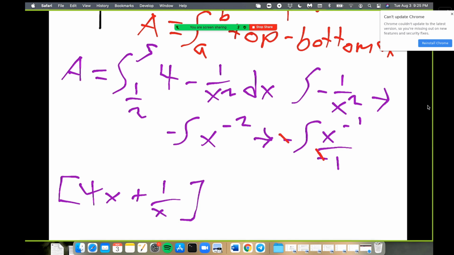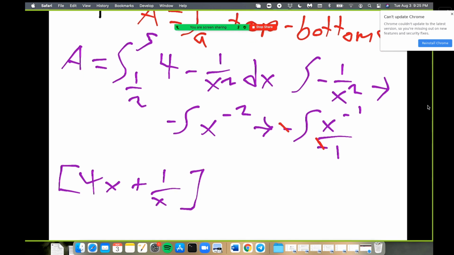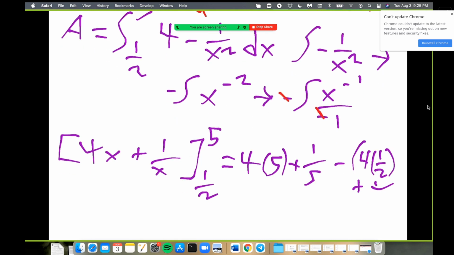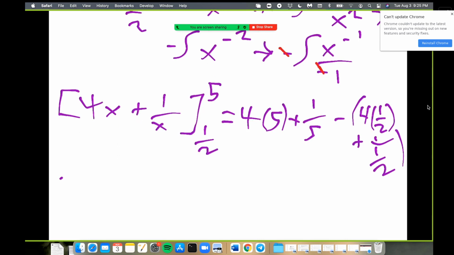And now you have to substitute in the limits that you found earlier. So that would be 1/2 and 5. You substitute in the values: 4 times 5 plus 1 over 5, minus 4 times 1/2 plus 1 divided by 1/2. And so this value would give you, which then equals